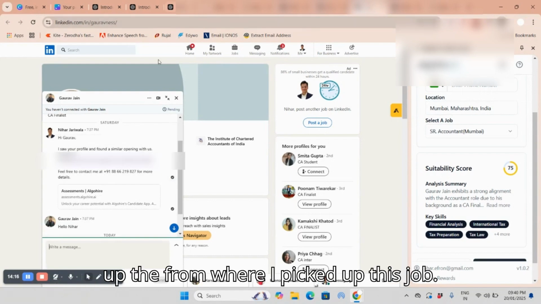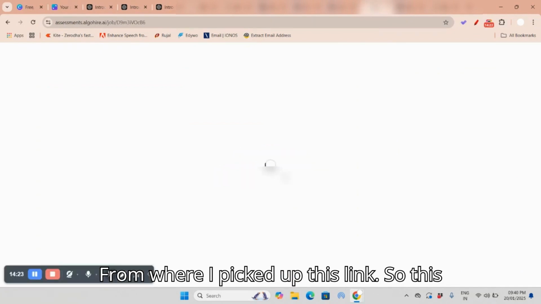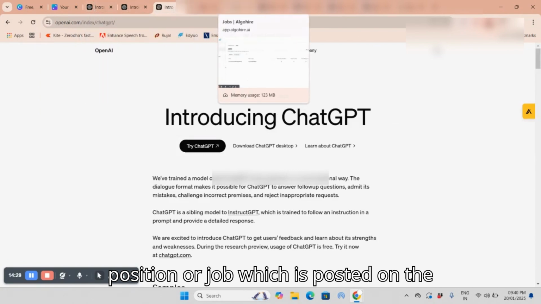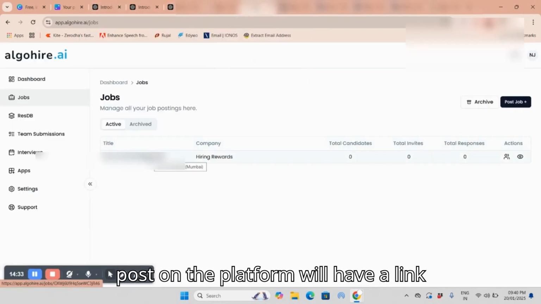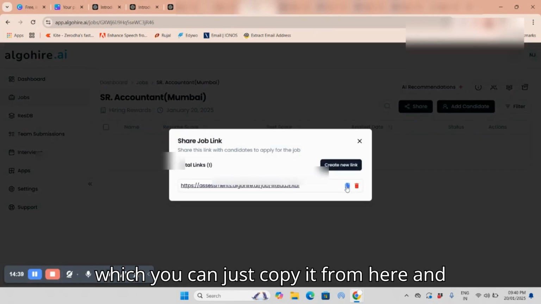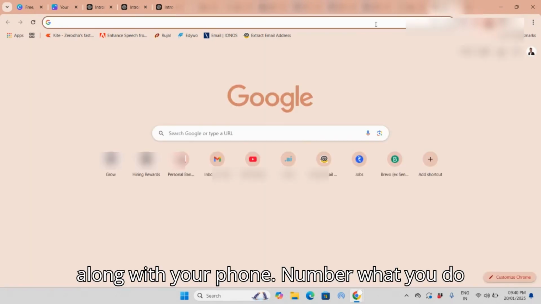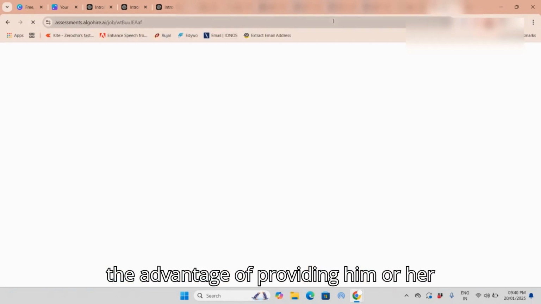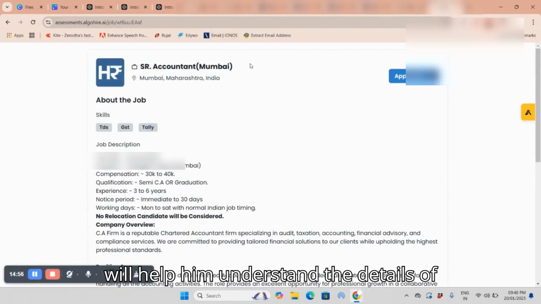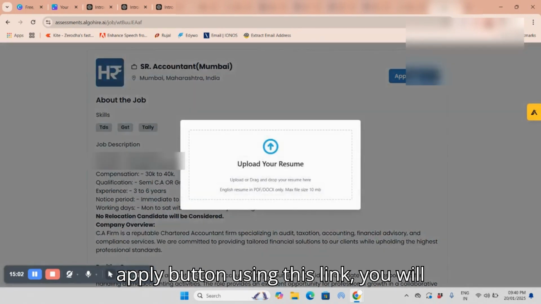Now, where did I pick up this link from? This link is directly attached to the job position which is posted on the platform. Every job which you post on the platform will have a link attached to it. You can just copy it from here. If you are reaching out to any candidate, along with your phone number you also provide them this link. The advantage is that it will help them understand the detailed job description, and also when they click on the apply button using this link,